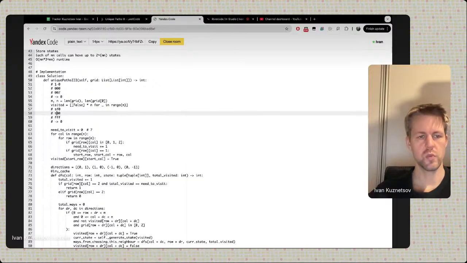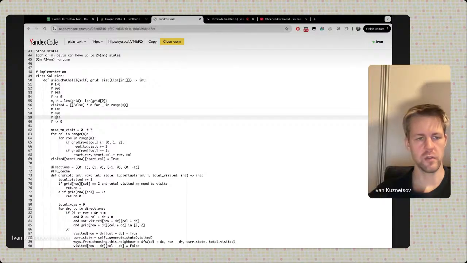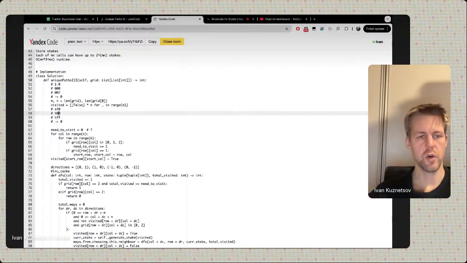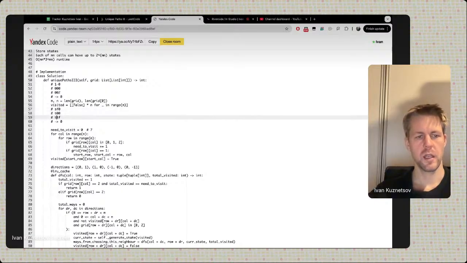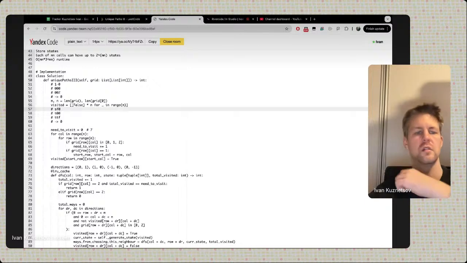And then when we started iterating here, the only way is to go down, and then it's to go right, and then it's to go right, and we haven't visited everything. And when we try to go up here, we will see that there are 0 ways, so we will just return. And essentially we have visited all our